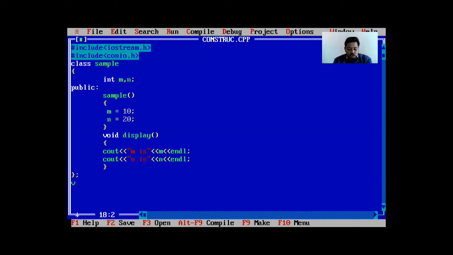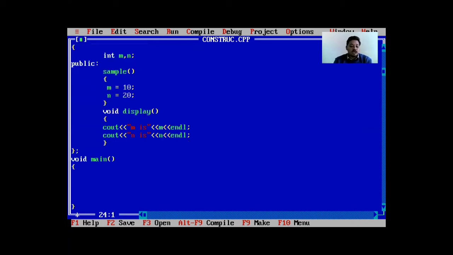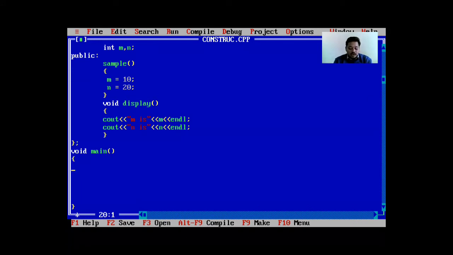Now I have to use the main function, so I will write void main. Within main function, we create the objects of particular class. So our class is sample. So first I will create sample s1. So here s1 is an object of class sample. So when I create this sample s1 object, the default constructor will be automatically invoked.